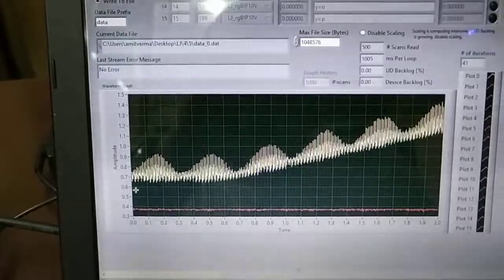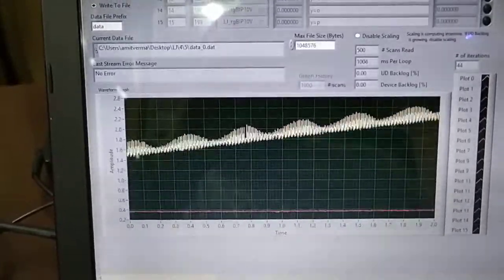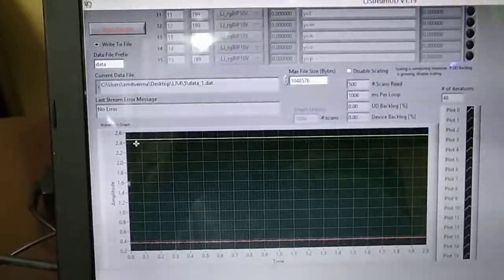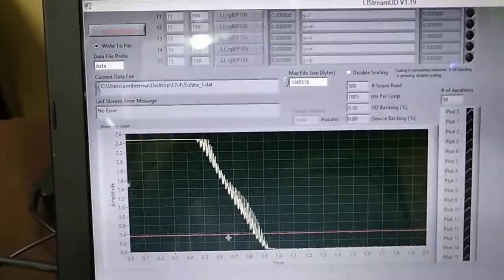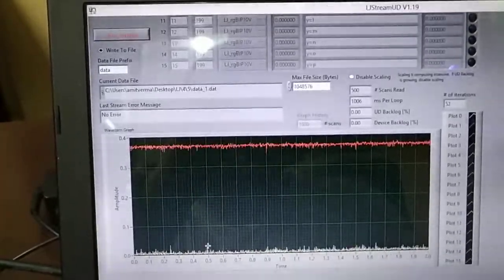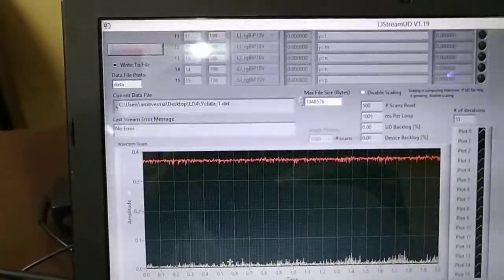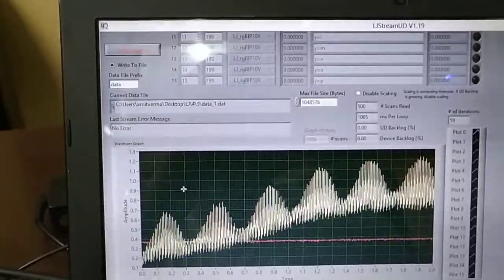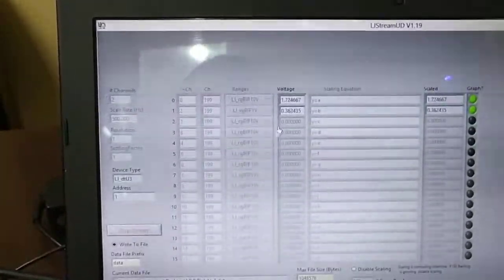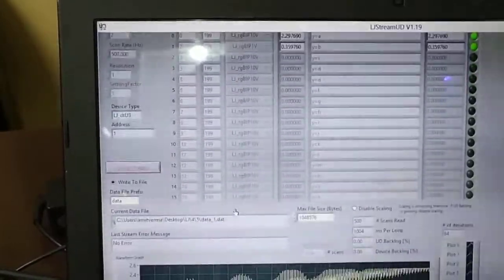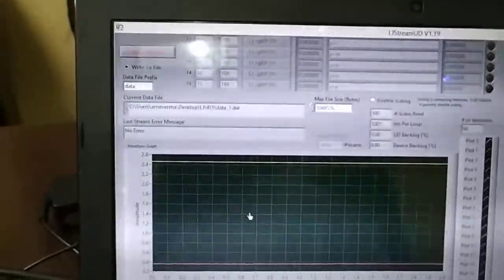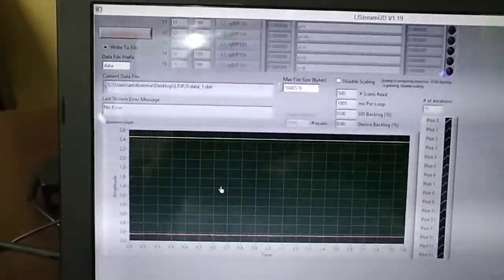You see that now the voltage of my heater has started. It is at 2.4. Now it is again at 0. That is because of the PID function. All data can be seen here. After a few minutes, as soon as it reaches its set point, we will check the file and plot the graph.